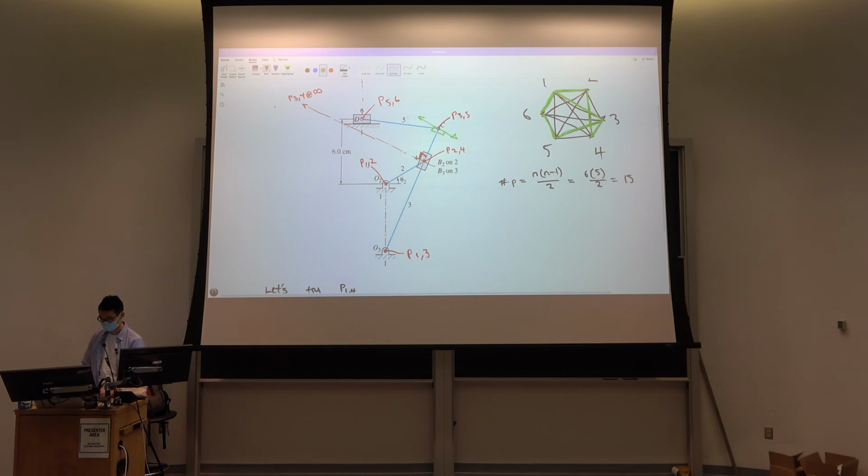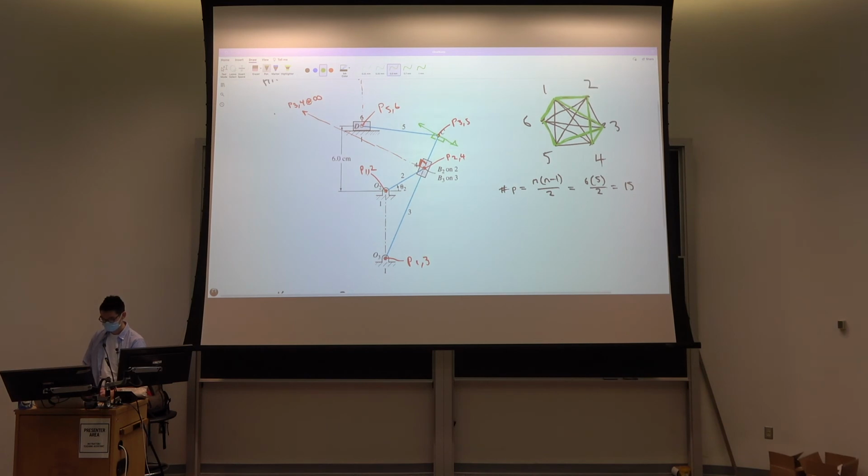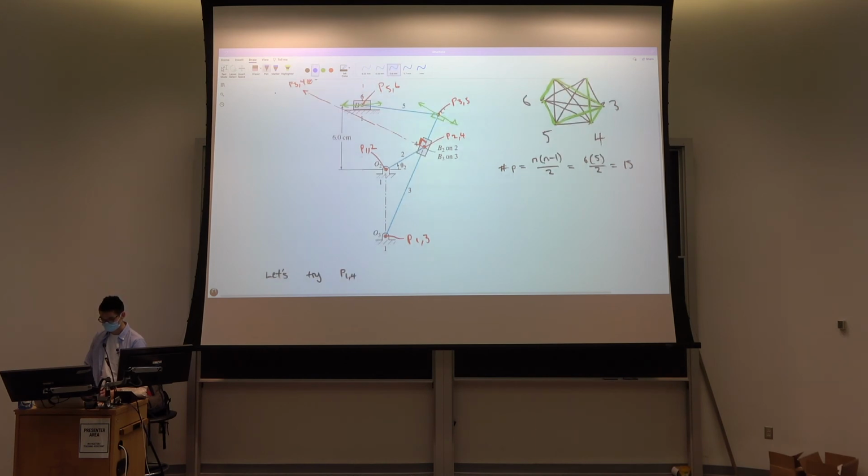Okay, so it's moving in one of those two directions. And this point here between link 5 and link 6 has to be sliding left and right. So now we know two velocities on link 5. And if we draw perpendicular lines from those two,